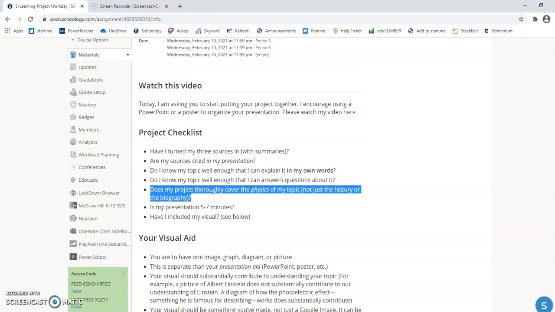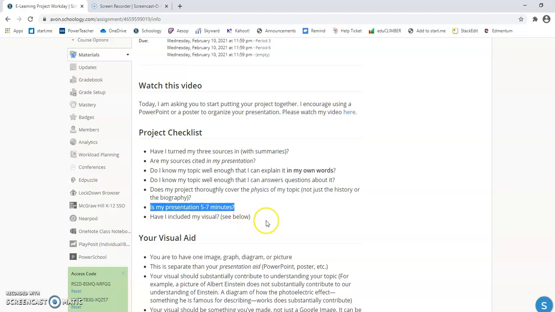Make sure that you're covering the physics of the topic, not just the history or the biography. This is especially important if you've got a scientist or something with historical significance like the atomic bomb. In the end, your presentation is going to want to be between 5 to 7 minutes. And then what I would like to talk to you about here is